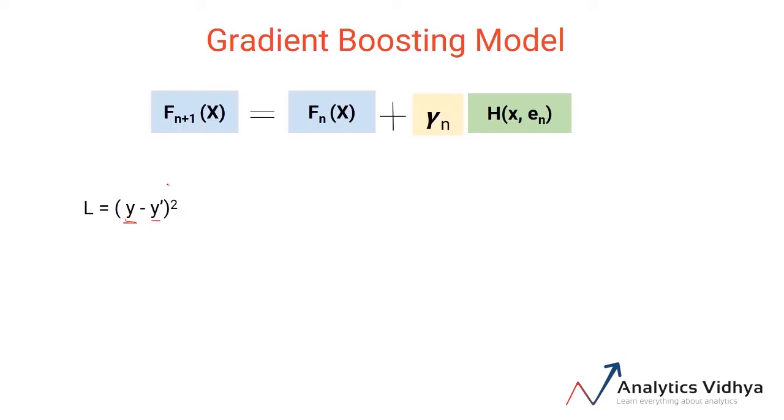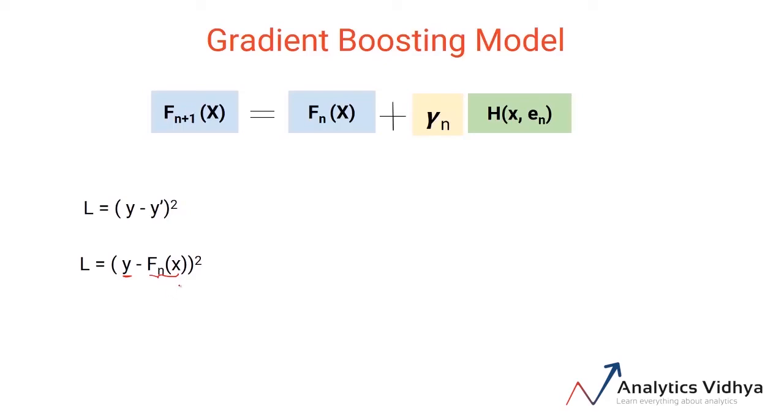Now in our case, the target here is y, whereas y dash can be considered as the updated predictions from the last models. So I can replace y dash here with Fn(x). This basically represents the actual target minus the updated predictions from all the models we have built so far. And this is effectively what we were doing throughout the example.